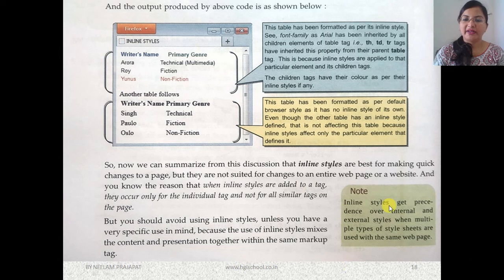Now, inline styles get precedence over internal and external. So inline will have the precedence. Remember, if you are putting it, then don't forget to remove it if it is not required, as it will have the higher precedence. Inline styles will have higher precedence, so we have to see that apart from internal and external, we are not using it anywhere.